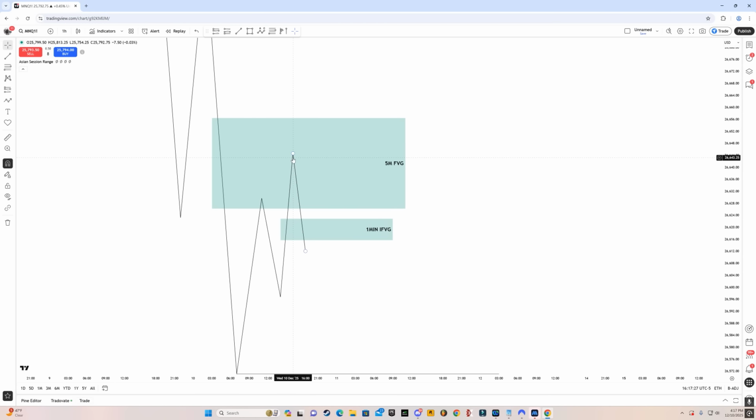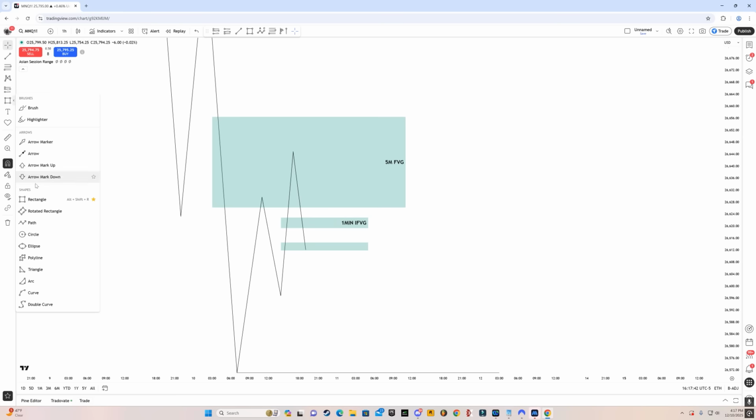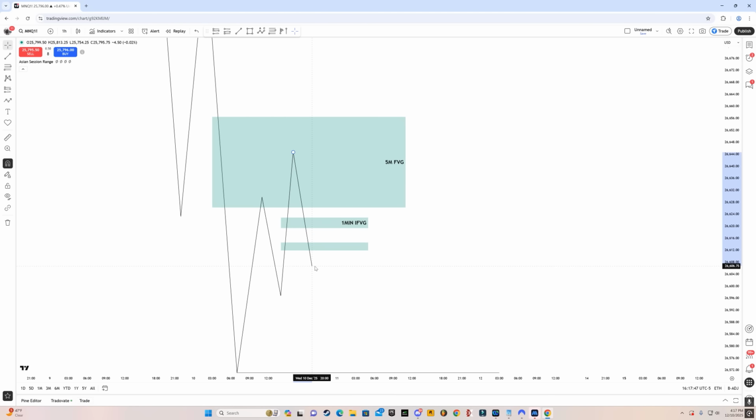So in this dealing range, from this low to this high, right? There could be multiple fair value gaps. So right now I marked out only one fair value gap, and that got inversed and we took a short position. But let's say that there is one more fair value gap down there on the 1-minute time frame. Now, what you want to do is wait for price to inverse all the fair value gaps in this dealing range, from this dealing range low to this dealing range high. I want to see price inverse all the fair value gaps, and then that would invalidate the bullish order flow on the 1-minute time frame.